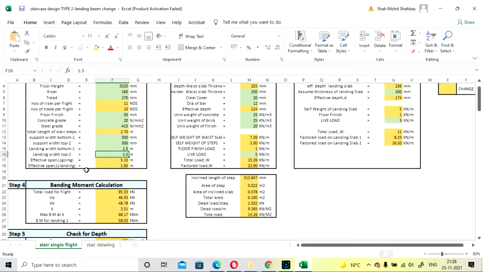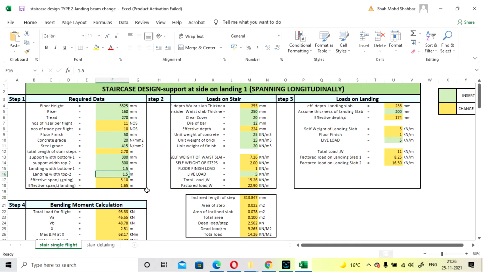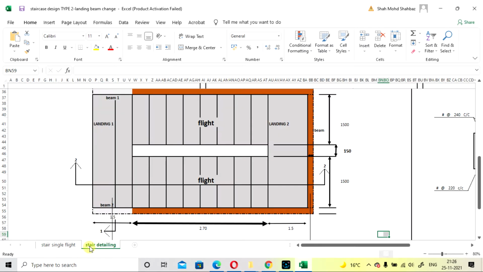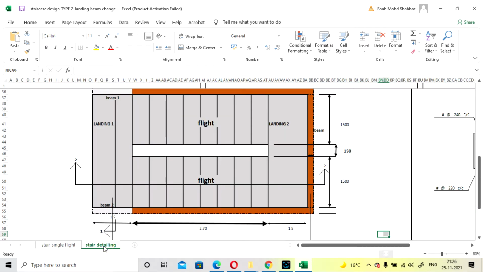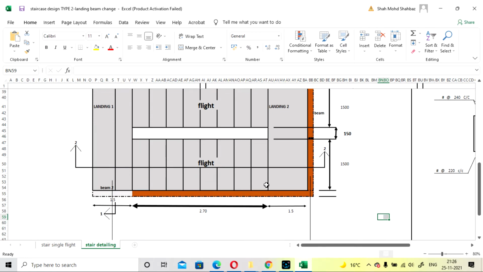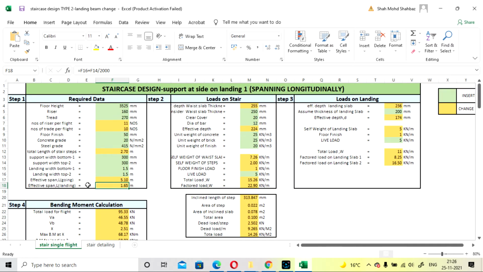So the effective span for going and for landing is calculated here. The effective span for this going is calculated as 5.1, and for the landing, this is for landing 2, and this effective span is automatically calculated.